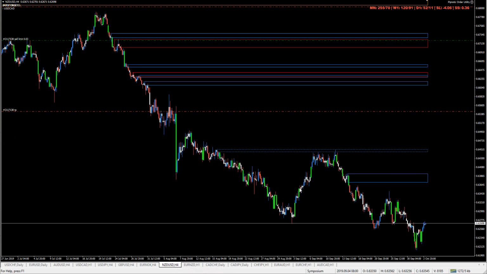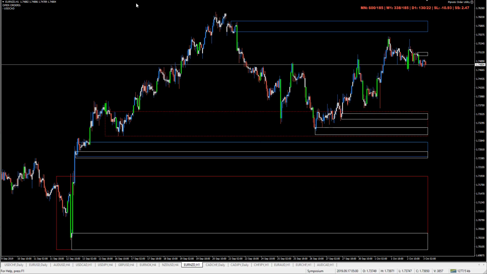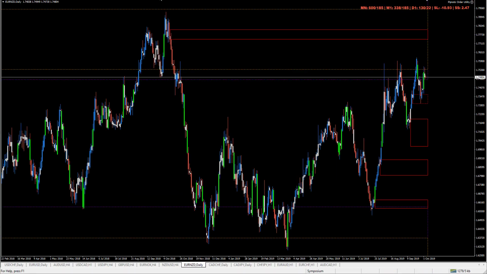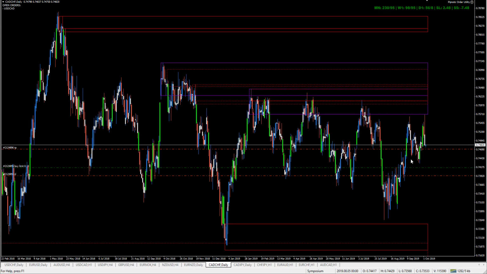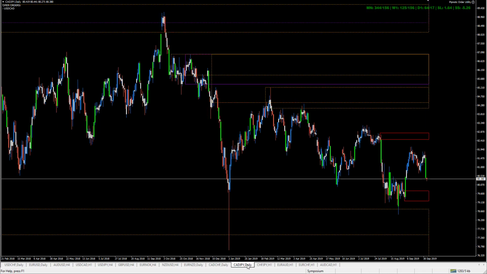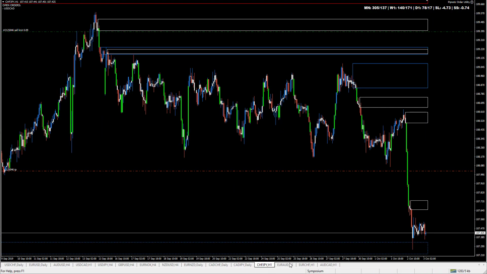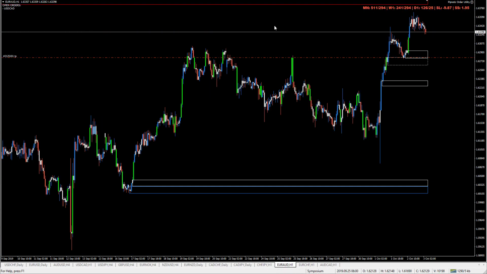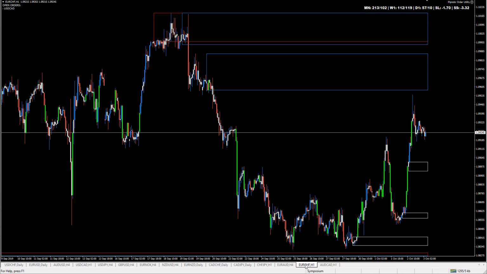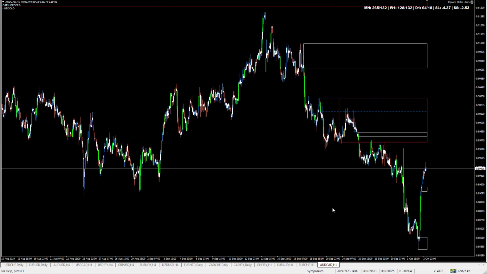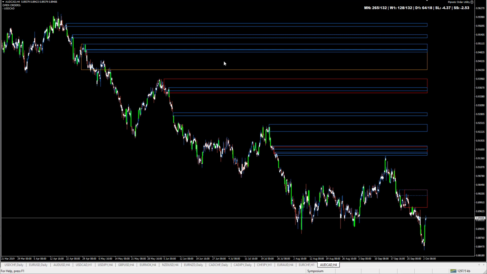Cool. So let's have a look here. What do we have here? Well, we have... yeah, I mean, this is really far away. The euro kiwi, this is also really far away. These will probably expire. There's nothing there. Really far away. Yeah, so there's nothing else that's getting close. I mean, this moved very far away. I like this area here, but it's really far away from price. Let's have a look. That's also very far away. Yeah, so these are probably going to expire, and I'll pull them all off before the weekend as well,